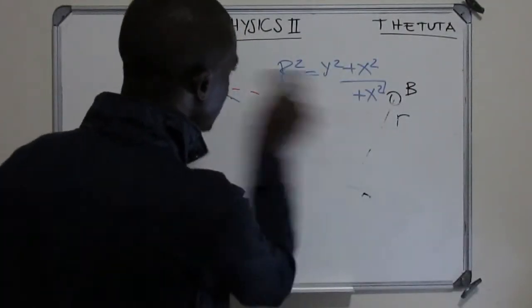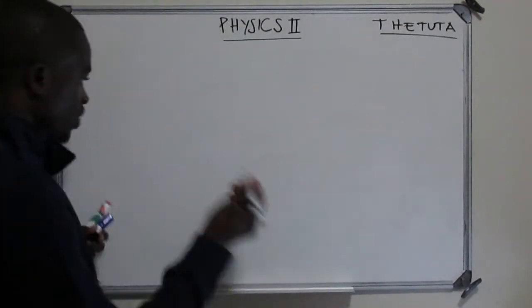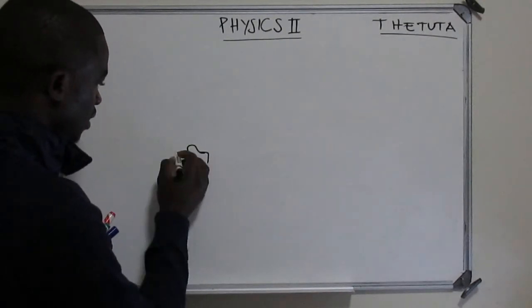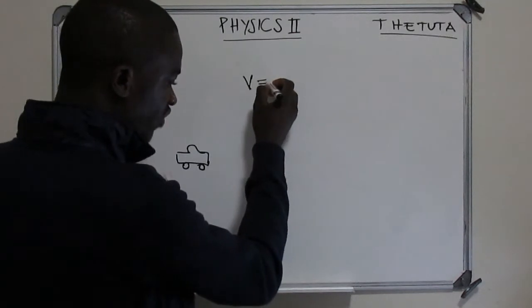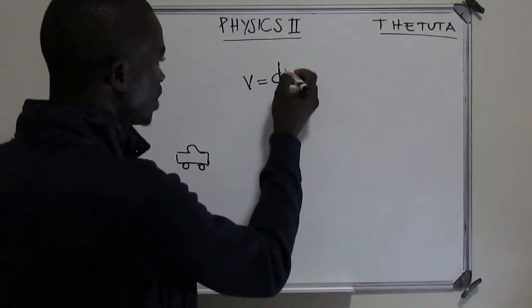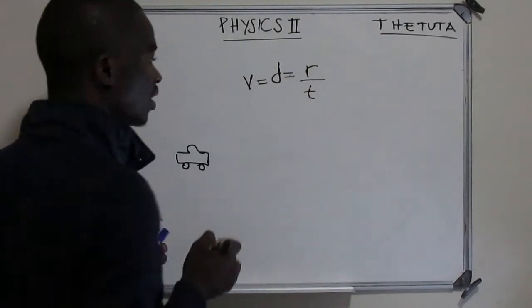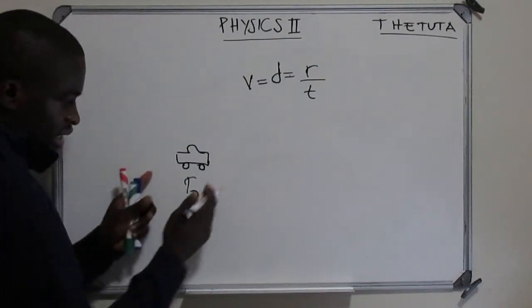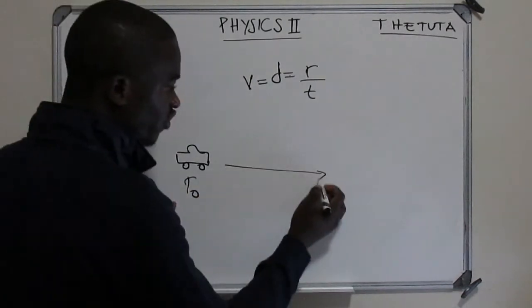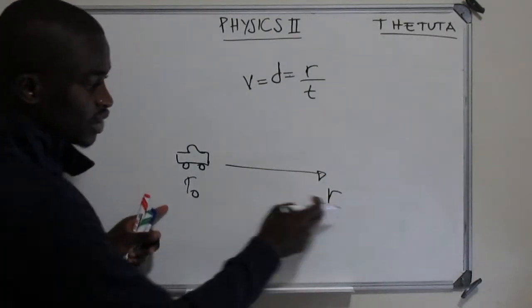And again, we can talk about our velocity. So we still have a car. Initially, we know that our velocity is always given by the distance, which in physics we consider to be r, over the time. So if this car has an initial position, and it moves to R position, what's going to happen? We have a change in what? In the distance and as well a change in time.